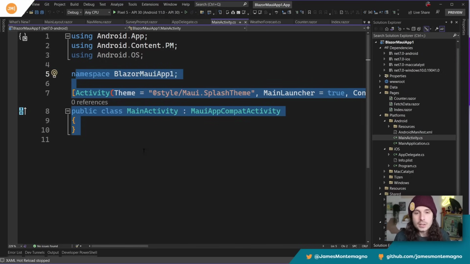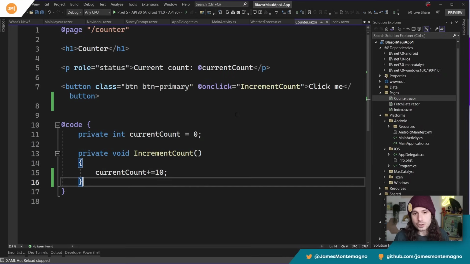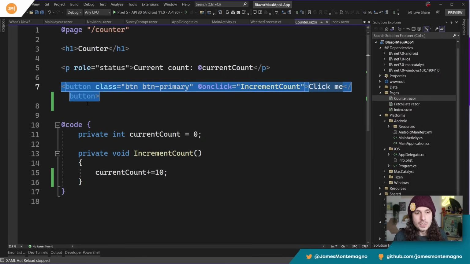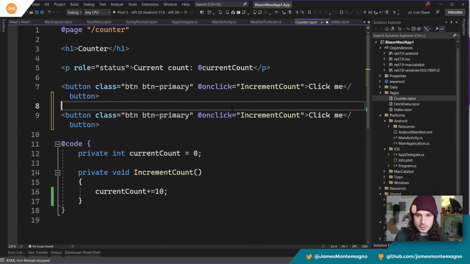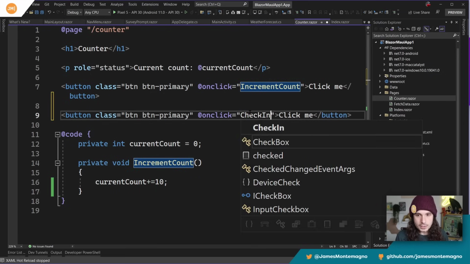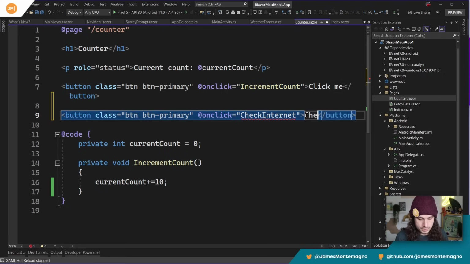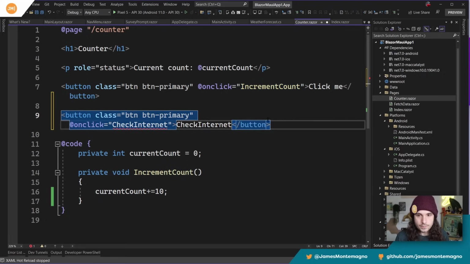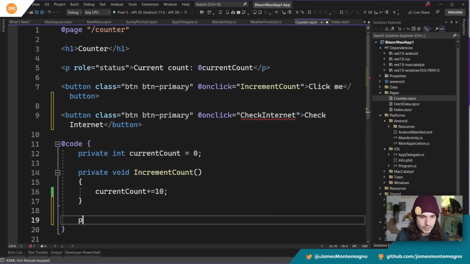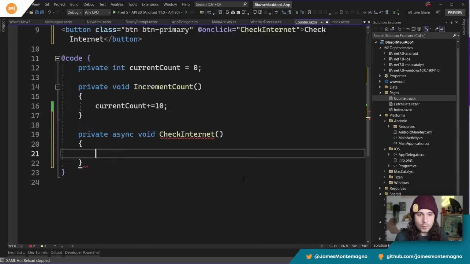So check this out. Let's say we go back into the counter. And what I'm going to do is just copy this button, and let's make this button check internet. There we go. And I'll say check internet. There we go. And I'm going to do a private async void CheckInternet. Let's go ahead and copy that there. And now what we want to do is